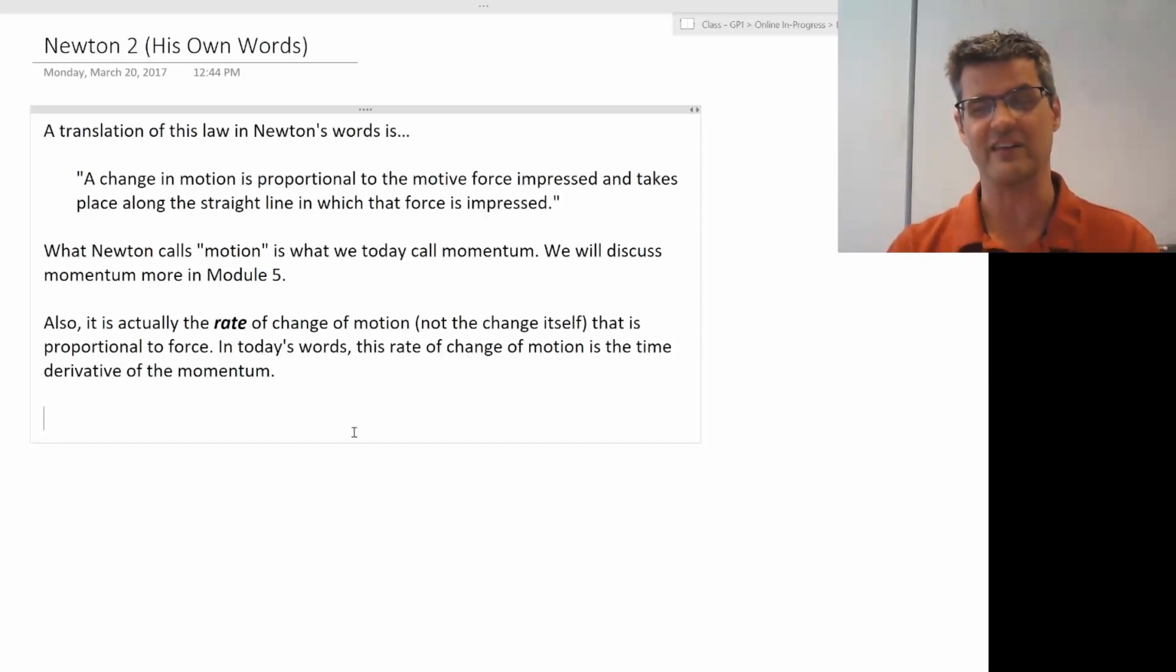Because of the way that he actually wrote his law, he called it motion, okay, fine, and it's really momentum, but okay, that's fine. It was very insightful what he did. Similarly, it's actually the rate of change of motion and not the change of motion itself that's proportional to force. In today's words, what it would mean is that the rate of change of motion is the time derivative of